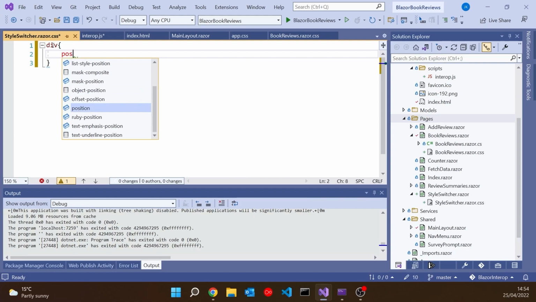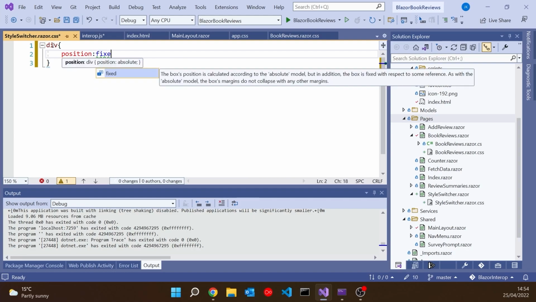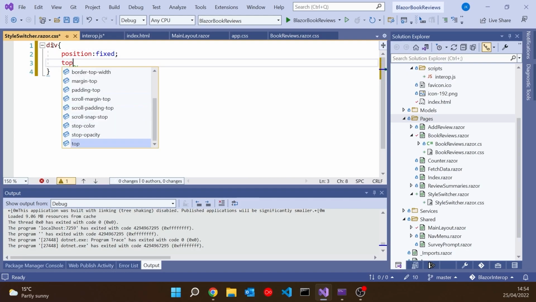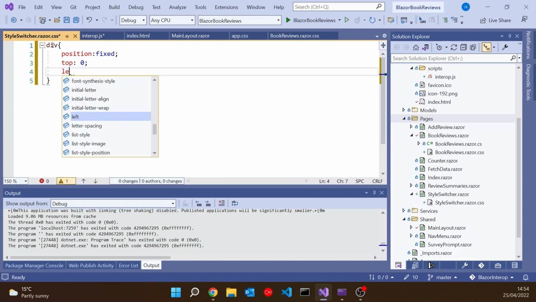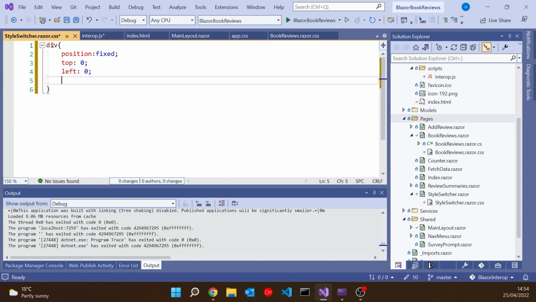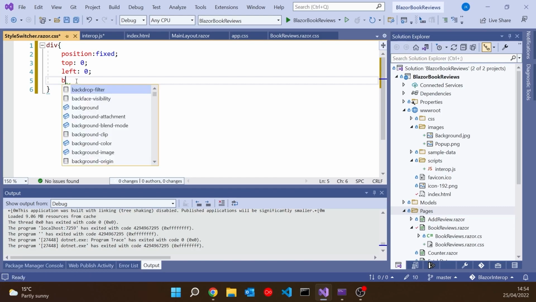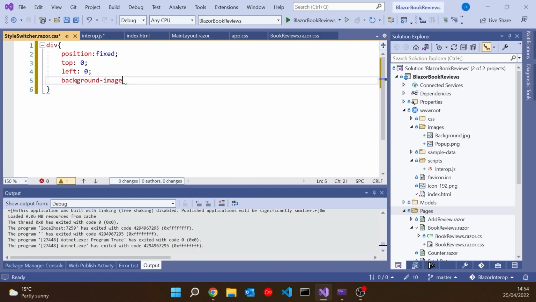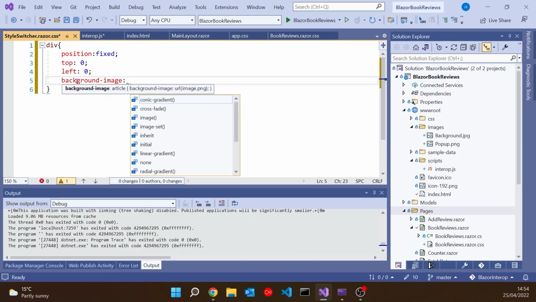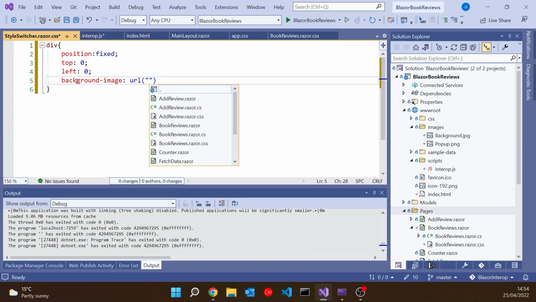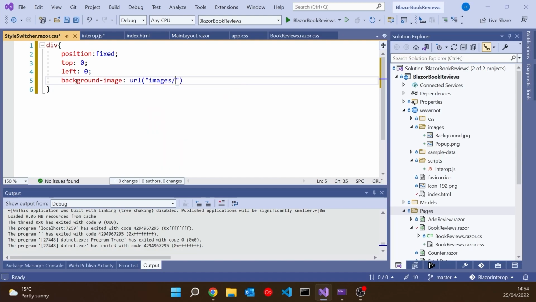So what I'm going to do with this, I'm going to give it a position of fixed with a top of 0 and a left of 0. And then I've got another background image for this one that I've popped in there. So in images, you can see we've got that pop-up. So I'm going to say background-image: url, and then this is going to be under images/pop-up.